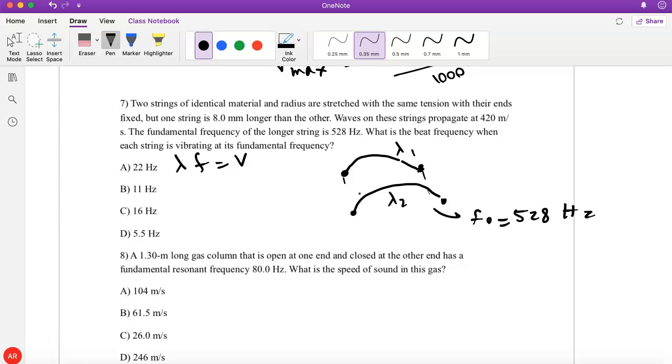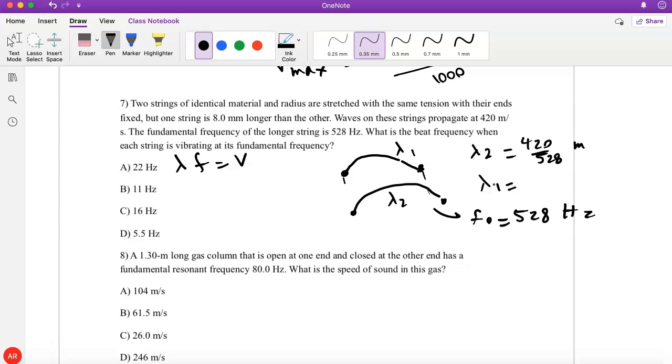And what we know is lambda 2 is going to be v over this f, so it's going to be 420 over 528, and that's in meters. And we know lambda 1